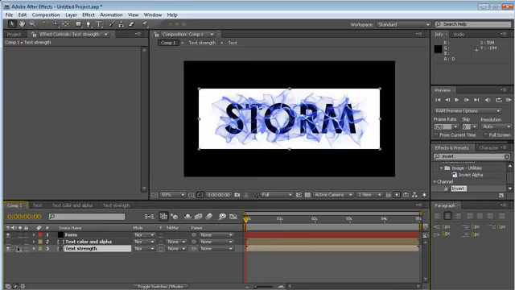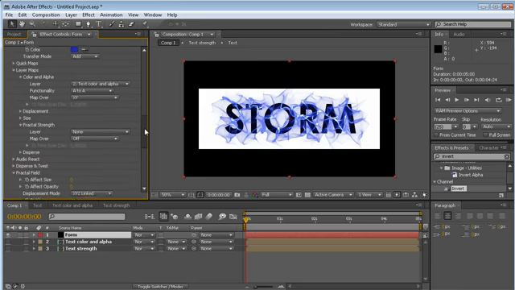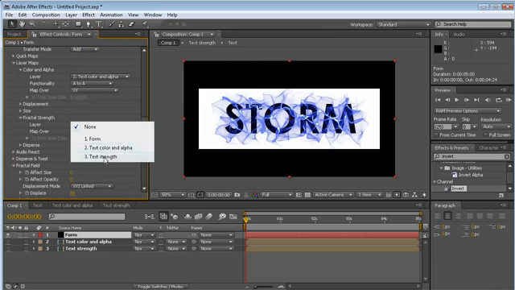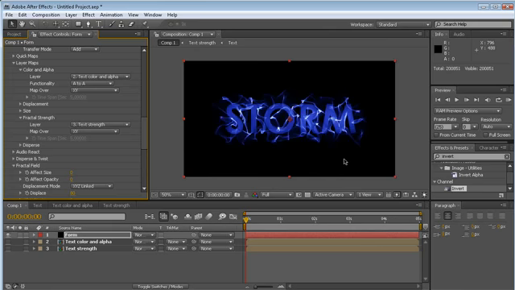Let's see here, layer, strength, map over X and Y. There, so we have a shape here, and these edges are a bit hard again, so we get into our